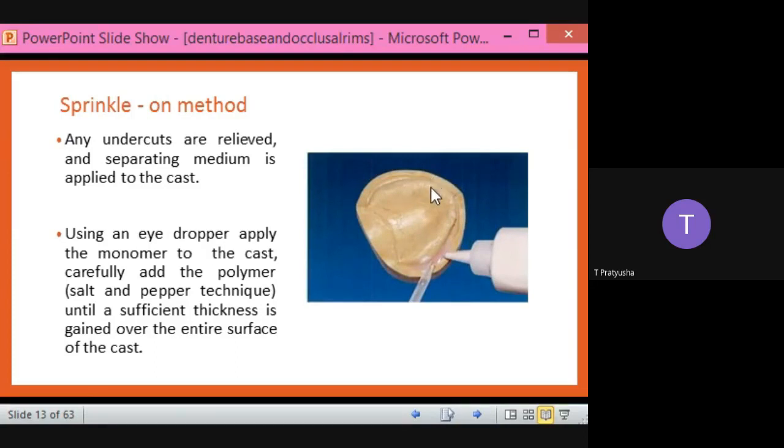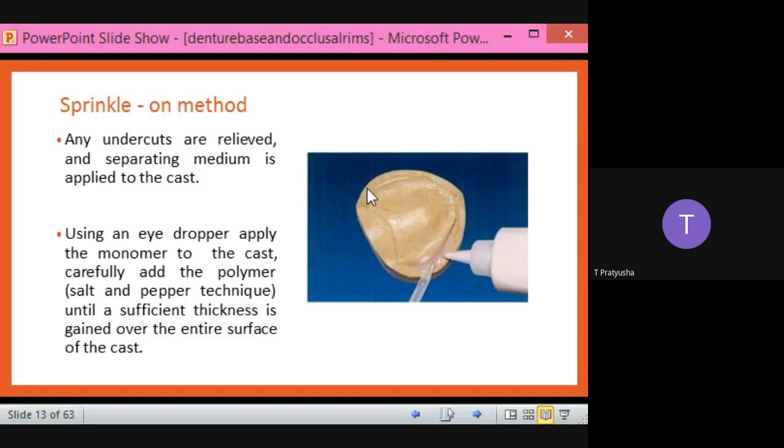Then we have to apply the separating media to the cast. Separating medium is nothing but any solution which helps us to separate two different materials. So if we are making a denture base, the separating media we apply helps us to separate the cast and the final set denture base material.